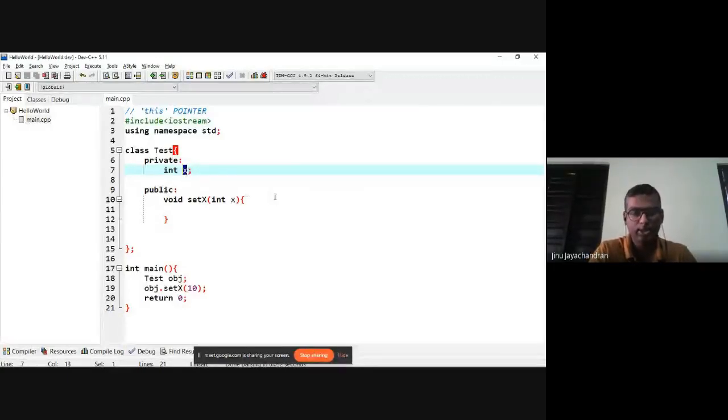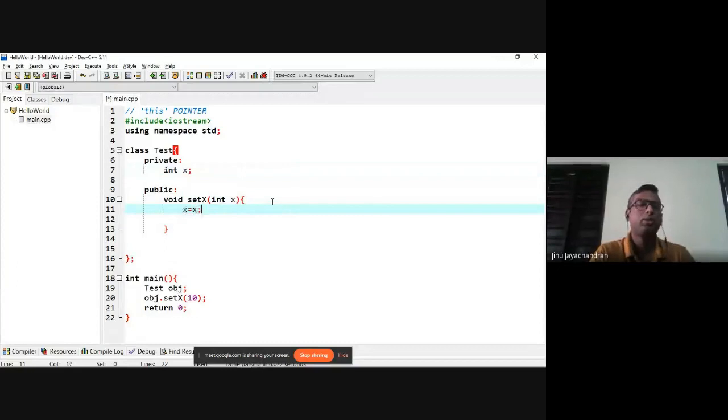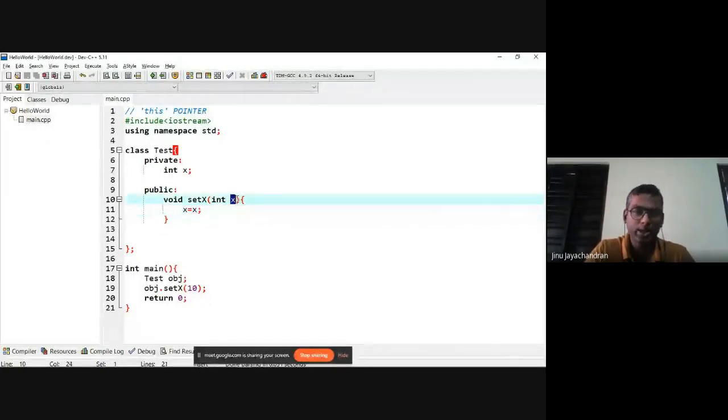So if I do it like this, x equal to x, does it mean anything? Which x is assigned to which x? Is the value 10 assigned to this x, or is it something else, or is it assigning anything?